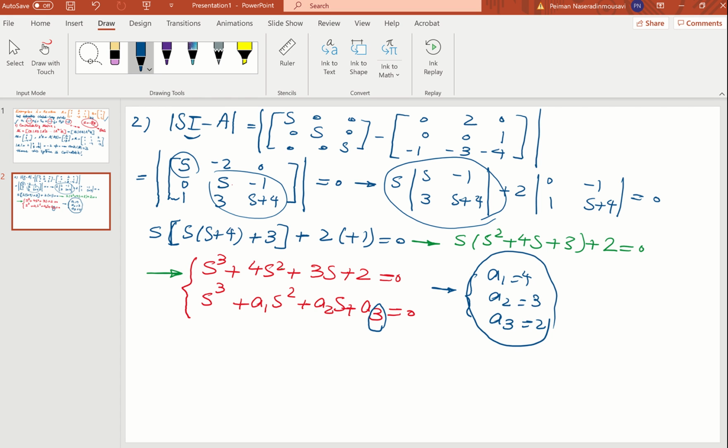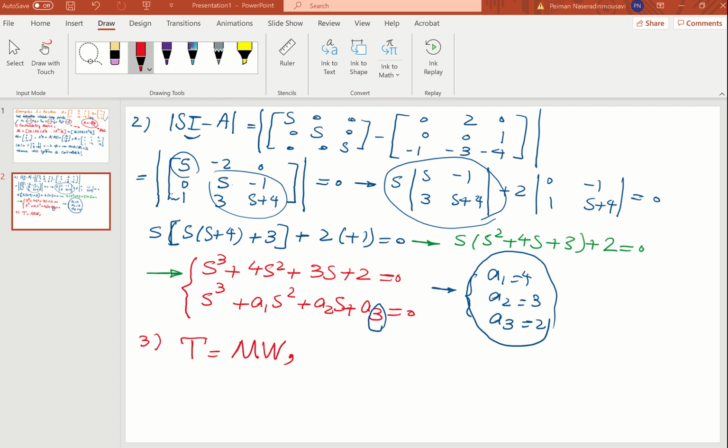Then in the third step, I said you have to find, remember third step, you have to find the transformation matrix T, which is equal to the controllability matrix M times W. But first you have to check if